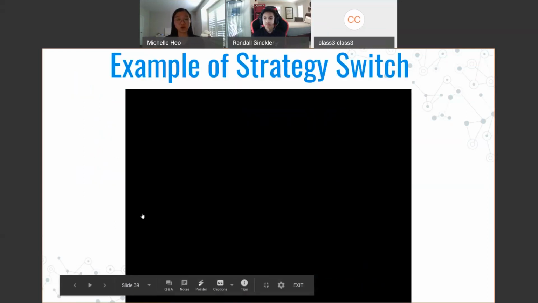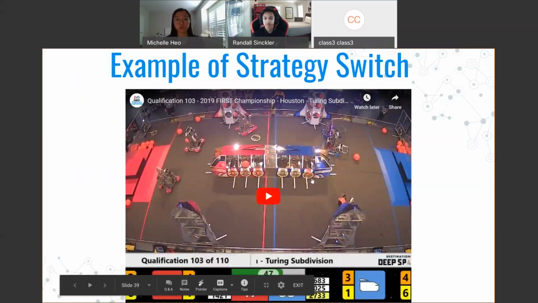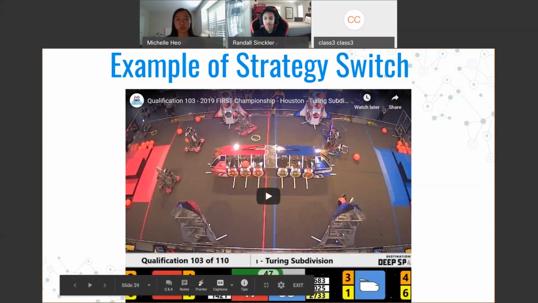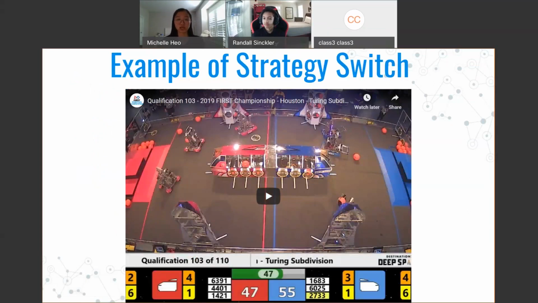So here we have qualification match 103 from the Turing field at Houston. The original optimistic strategy we went with in this match was that team 2733 would focus on the right rocket's hatch panels, which you'll see up to the top of your screen. And their optimistic strategy said that they could do 6 hatch panels for certain and then potentially do a few cargo pieces. Since we wanted that rocket ranking point, we said that we would fill from bottom up